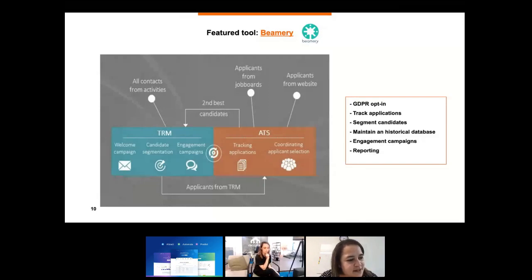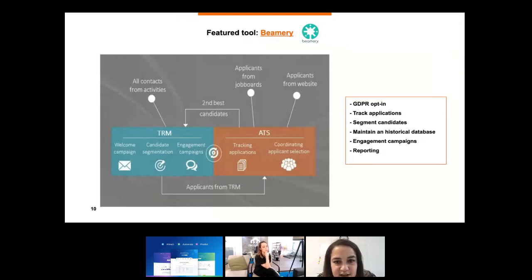Applications are imported as per those who opted in, and we have engagement campaigns every once in a while to keep prospects informed of what opportunities we have. We maintain this historical database for as long as the prospects consent to the opt-in, of course. So if they say, I no longer want to be part of this platform, we will wipe them from the system as per GDPR.